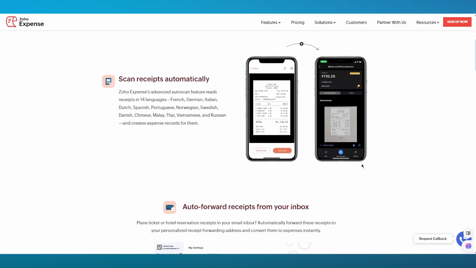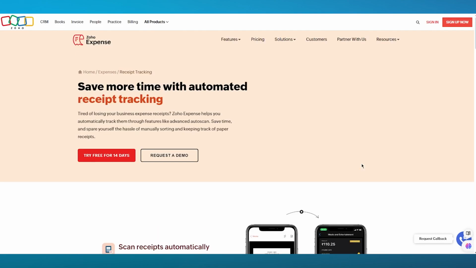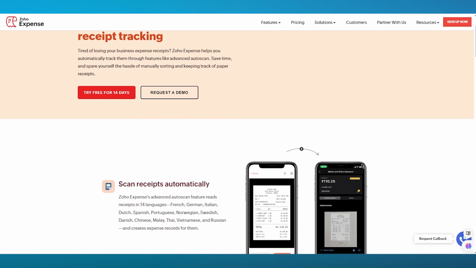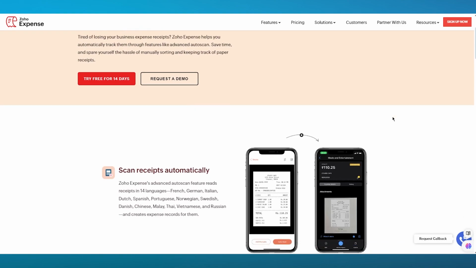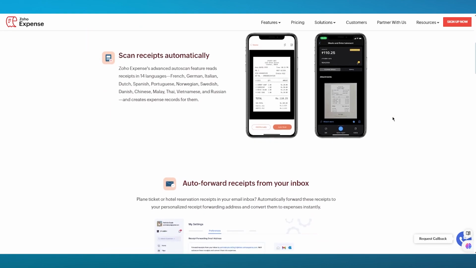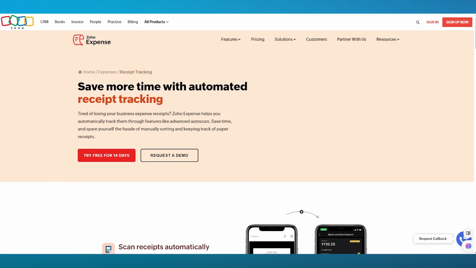Zoho Expense could be a really good option for you. In addition to that, even if you just want to do basic receipt scanning, again, not even getting into all the other features or sets within their expense management software, with approval, travel, cards and corporate card reconciliation, reimbursements, all the other features. Again, there's a lot of other features. If you want to learn more about Zoho Expense, please feel free to check out this